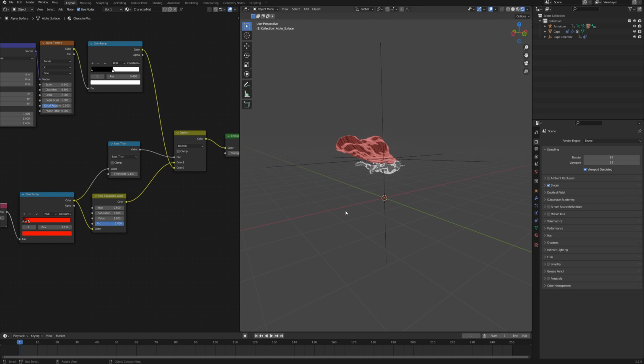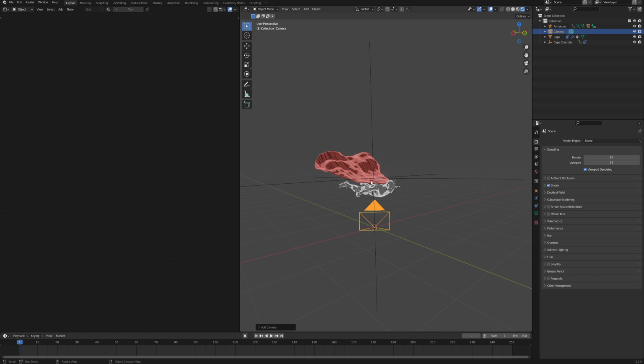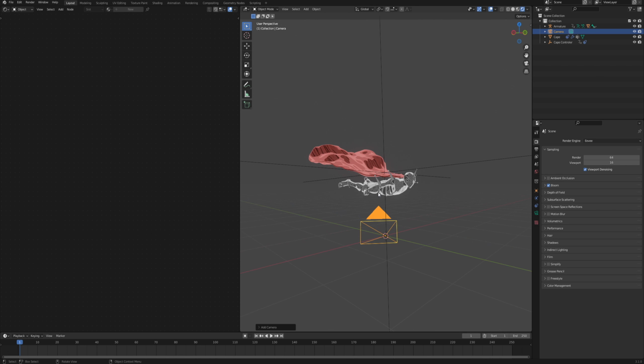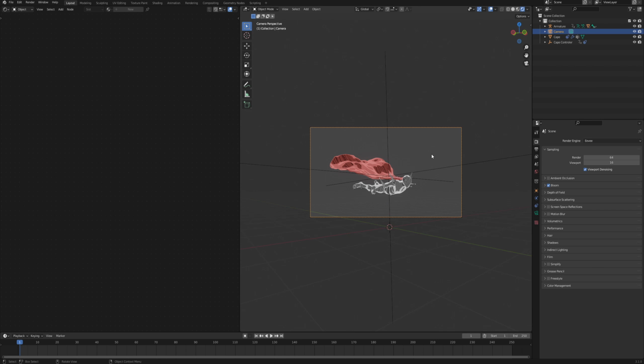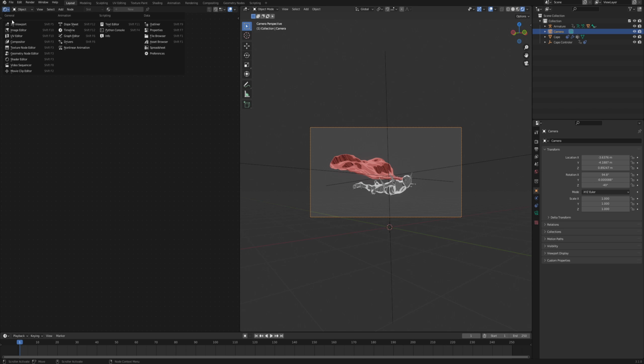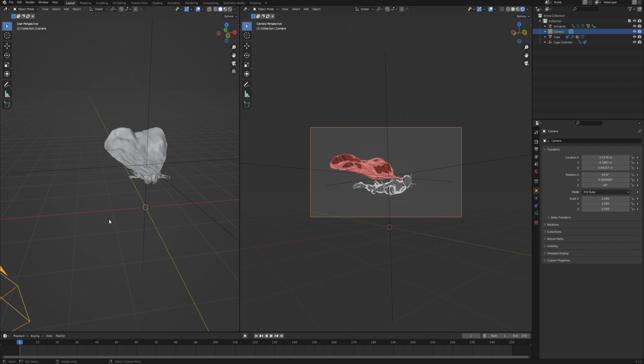So actually before that, let's add a camera as well, so that we can start compositing our shot. With the camera selected in the scene, you can actually navigate in your viewport to whatever shot you're looking for, and then press Ctrl Alt and 0 on the numpad, and that is gonna align the camera to your viewport view.